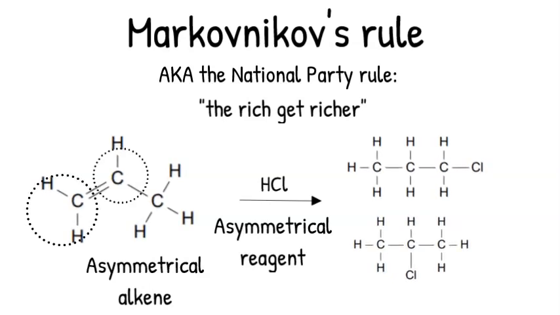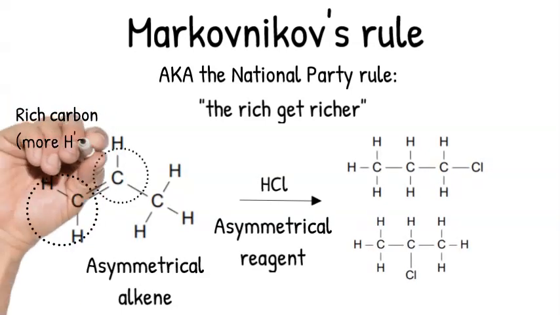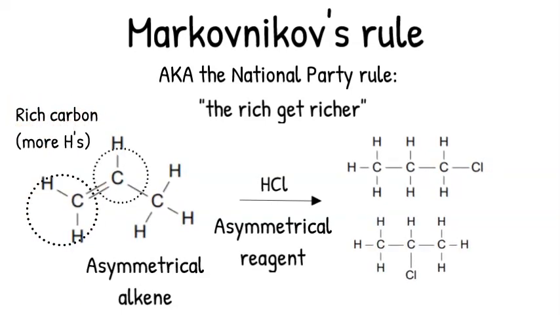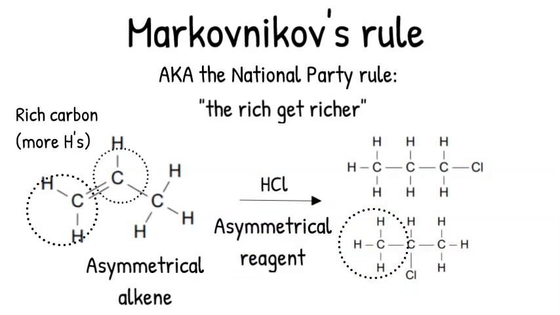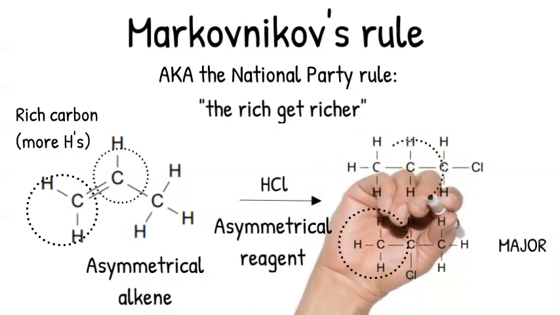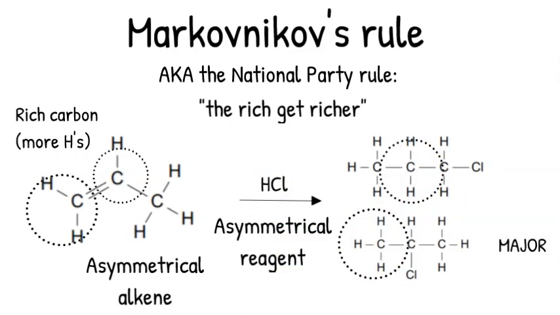And to do that, we need to decide which of the double bonded carbons started off being richer, i.e. having more hydrogens. In this case, looking at carbon 1, it has 2 hydrogens, and carbon 2 has 1 hydrogen. So carbon 1 is our richer carbon. So in this product, carbon 1, which started off richer with more hydrogens, gained another hydrogen. So this must be our major product. And in the other product, it was carbon 2, our poorer carbon, which got the extra hydrogen from the HCl. So this is our minor